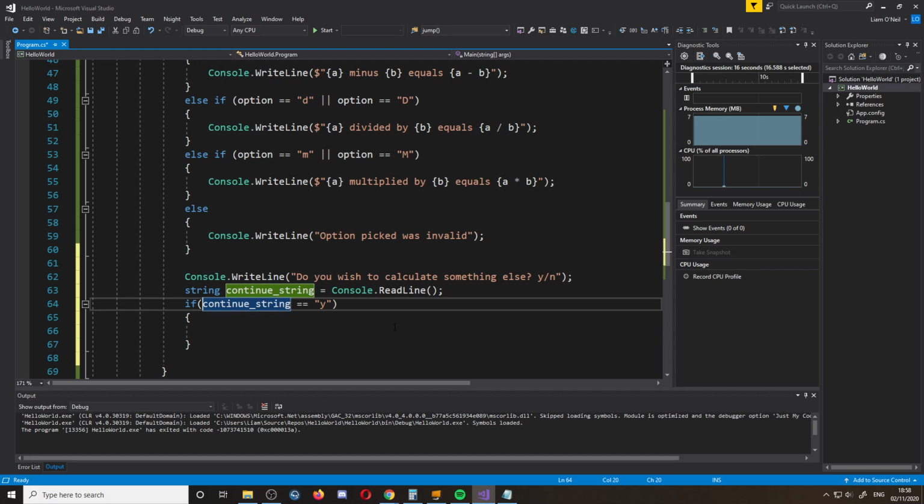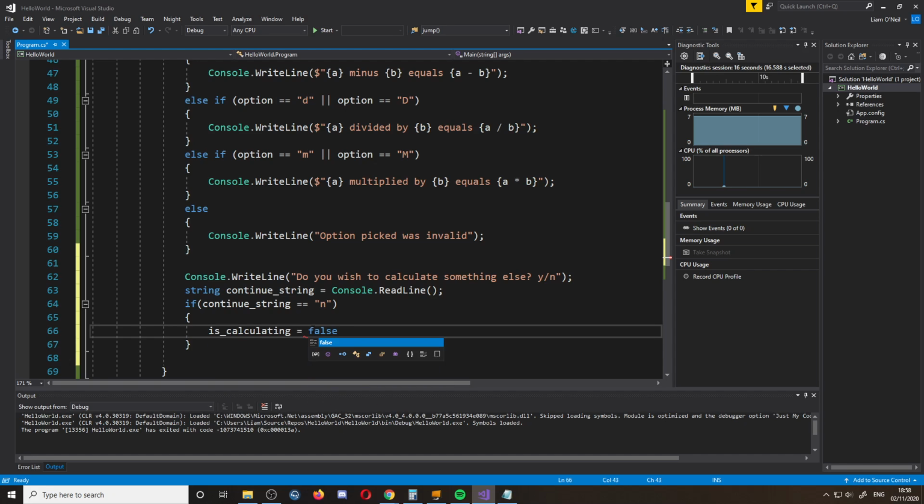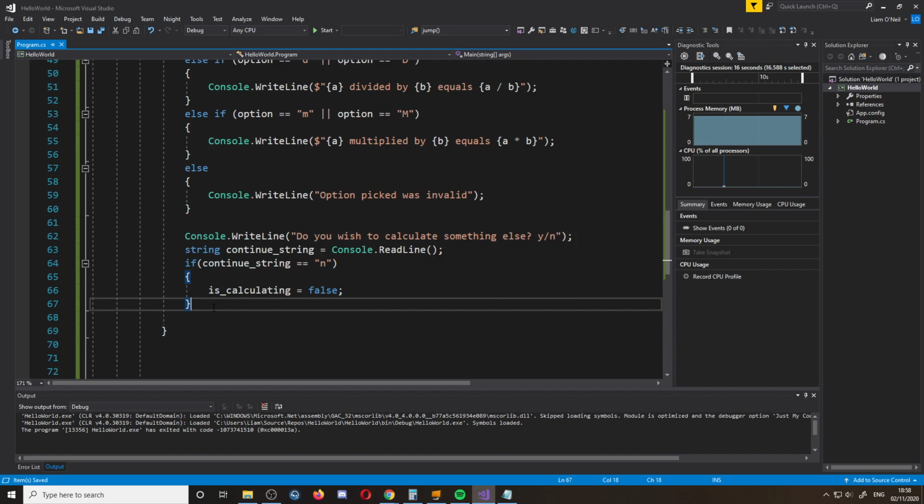So actually what we can do is we can just say if it's N. Actually, we'll start with that. If it's N, we can say that calculating equals false. Now what that'll do, and realistically, it doesn't matter what you type here, it'll carry on. So what we'll do here is we'll just say else if